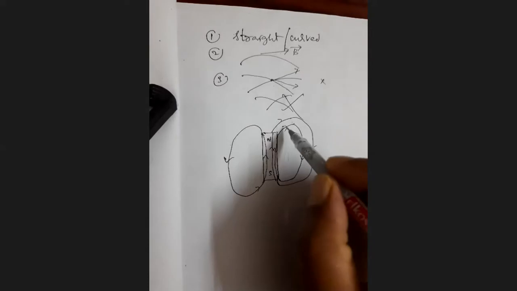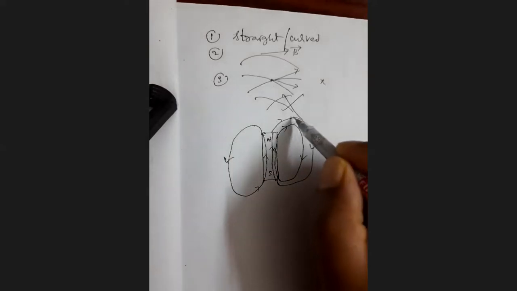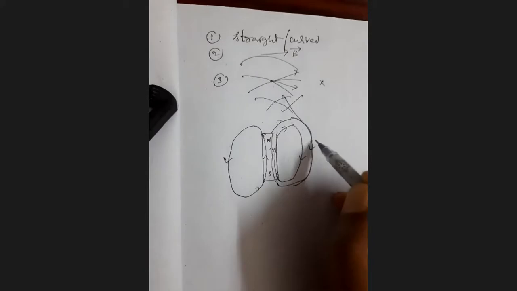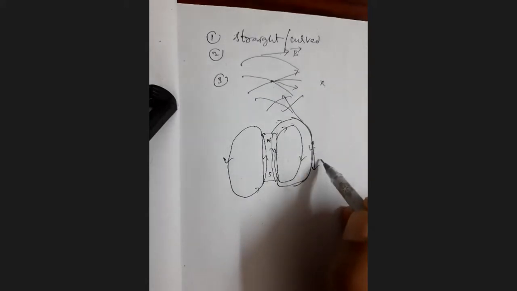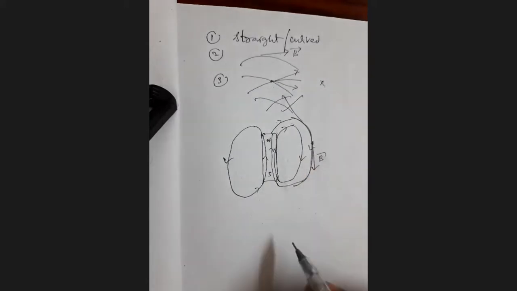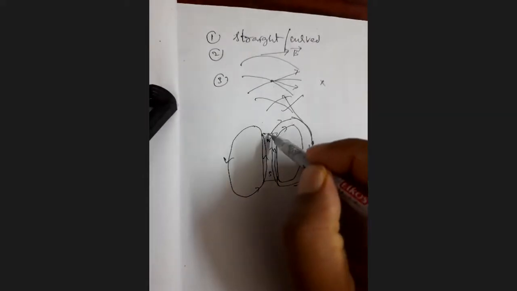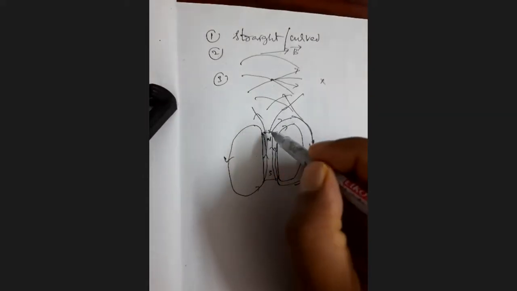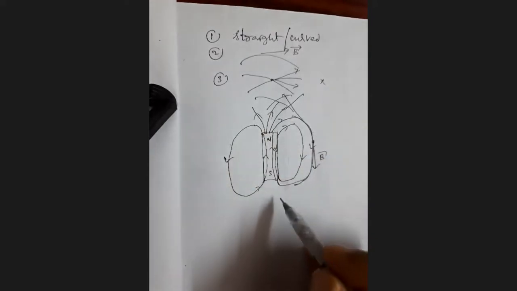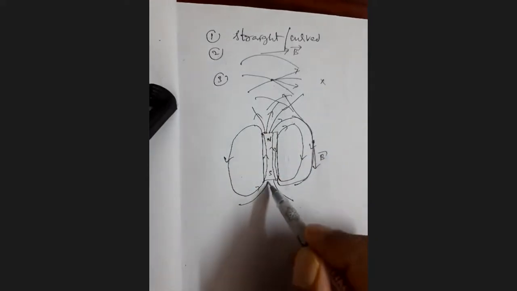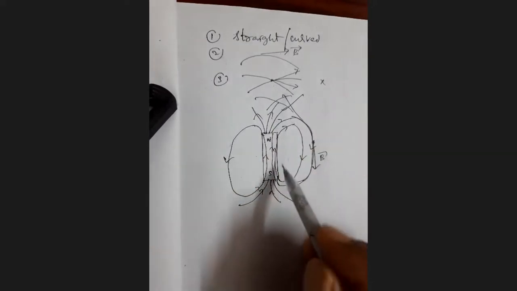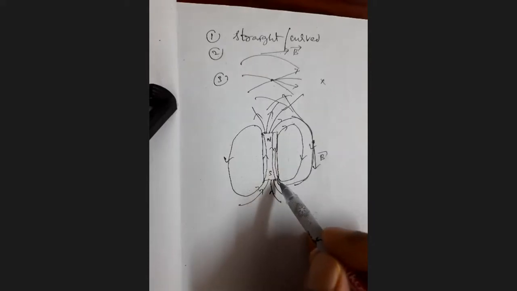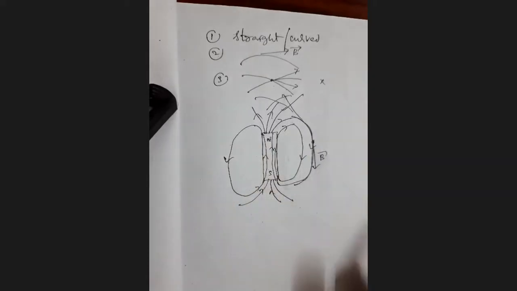Here the lines of force are curved lines. In a curved line, if you want to know the direction of field strength at any point, simply draw the tangent there. That tangent line gives the direction of field strength at that point. Magnetic lines of force emerge from the north pole and reach the south pole outside the magnet, north to south. Inside the magnet, south to north. These are the closed curves, right?